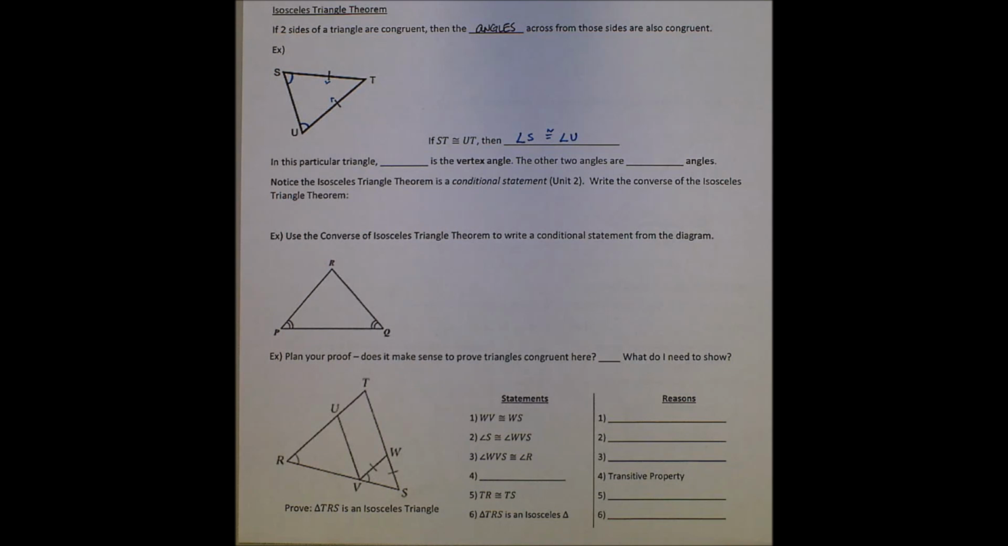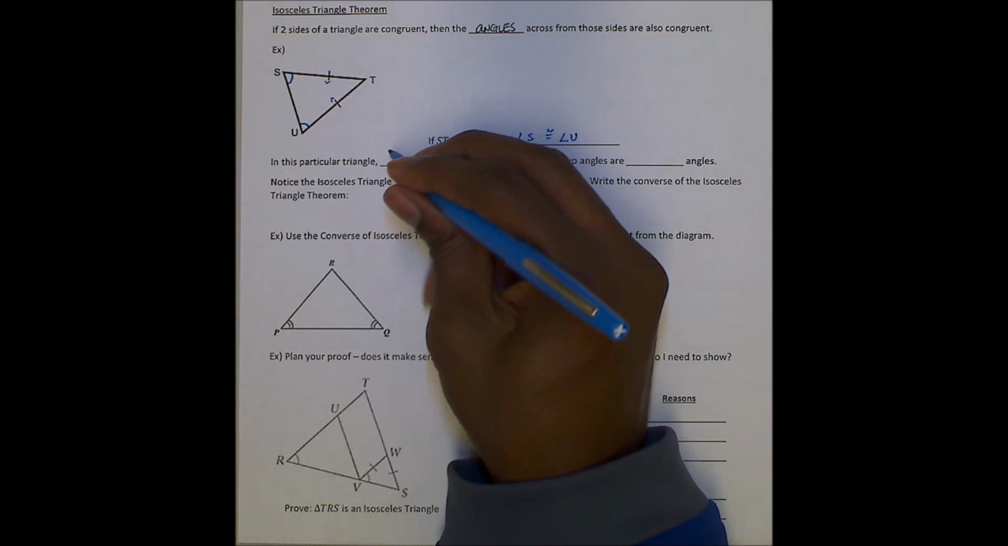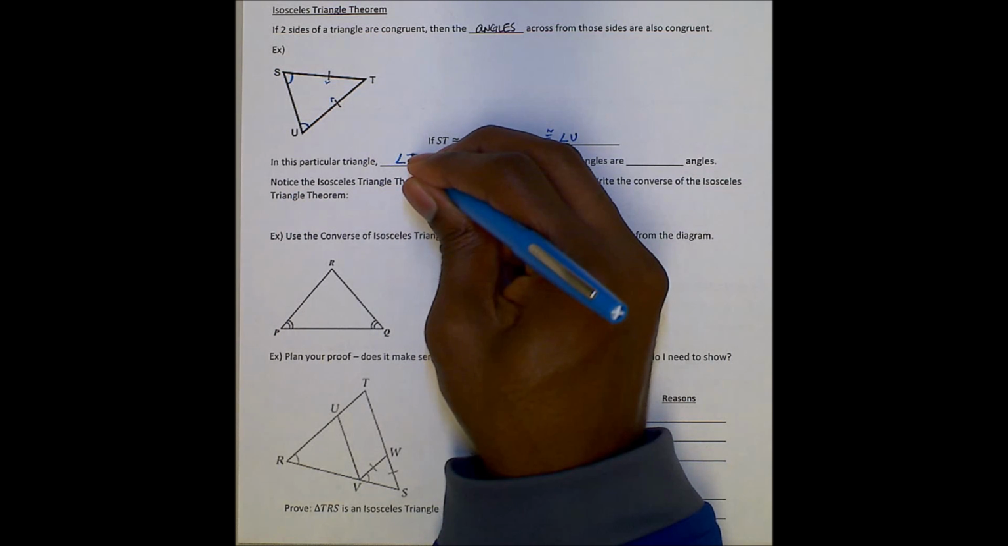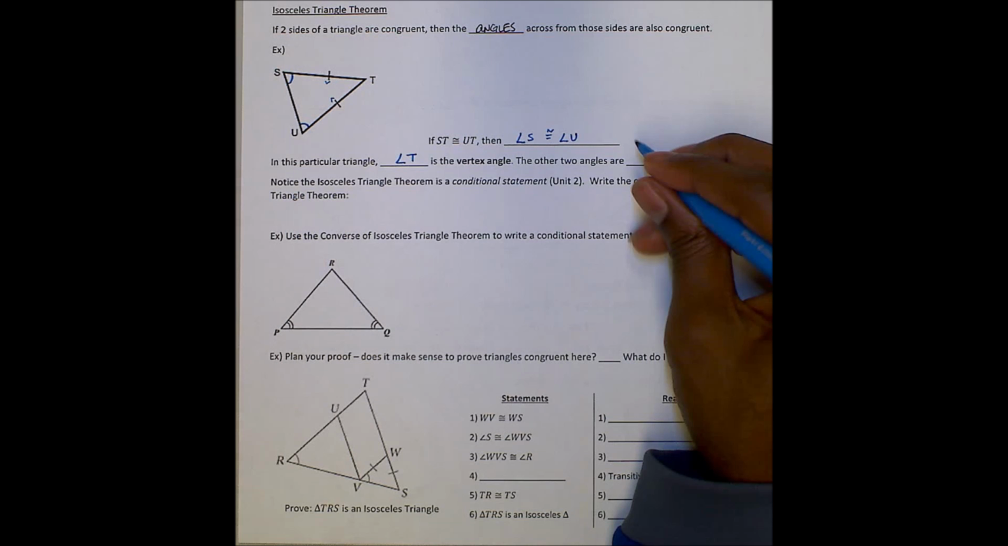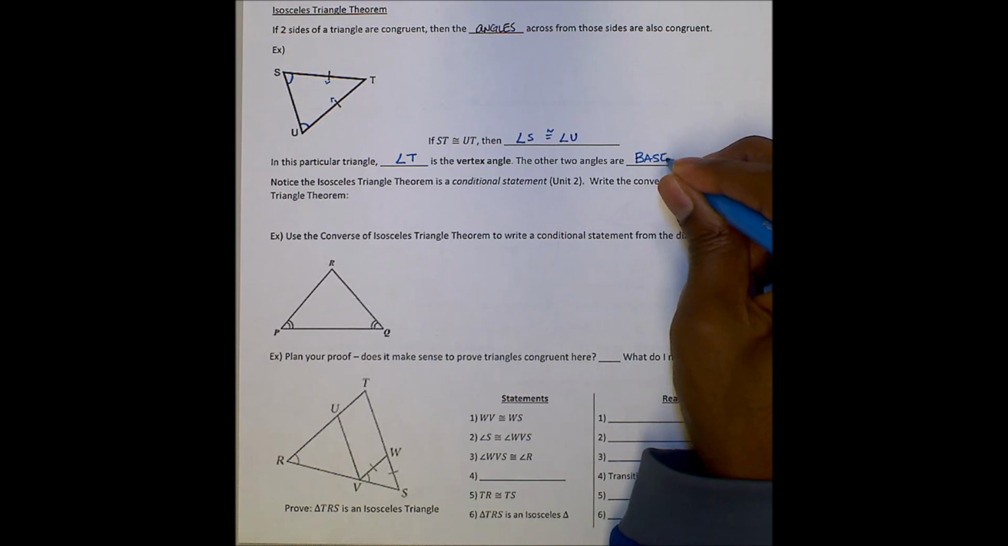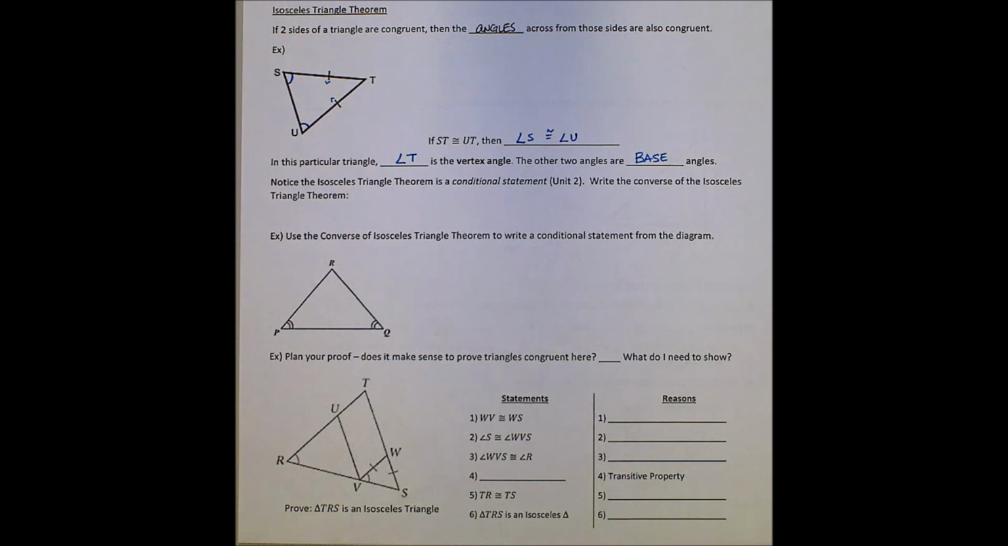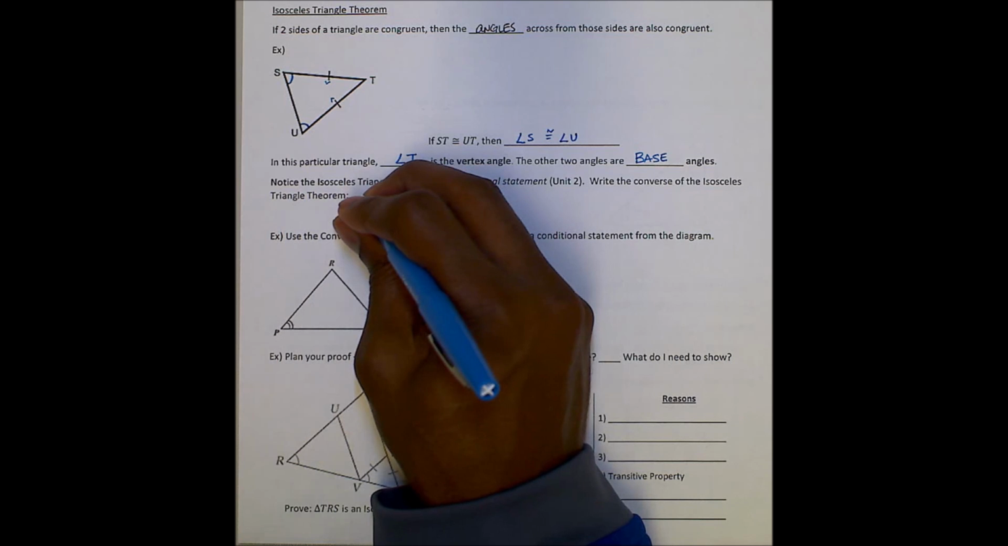In this particular triangle, angle T is the vertex angle, and the other two angles are called base angles. Notice that the isosceles triangle theorem is a conditional statement. Remember the if-then statements. So let's write the converse of this theorem. Remember that the converse is flipping the hypothesis and the conclusion. So the converse of the isosceles triangle theorem would say if,